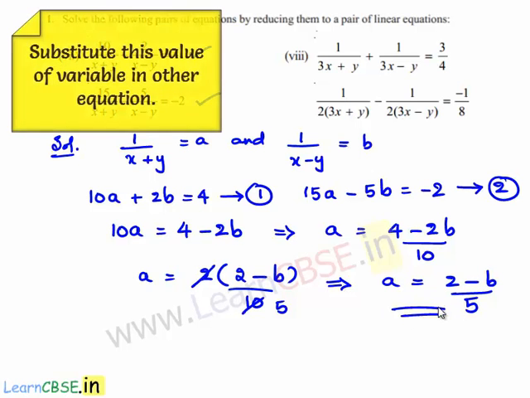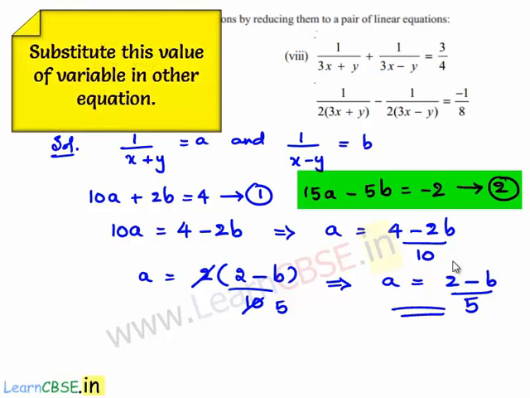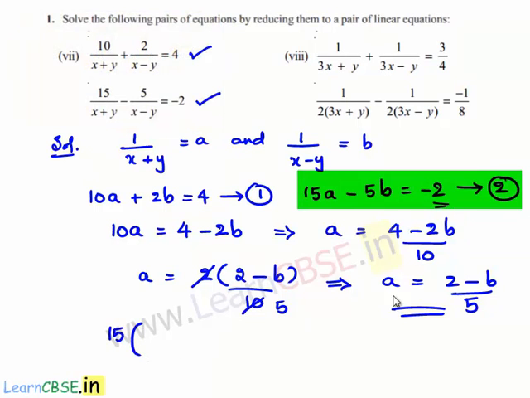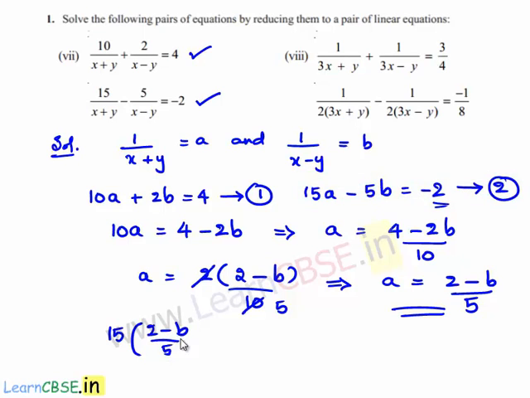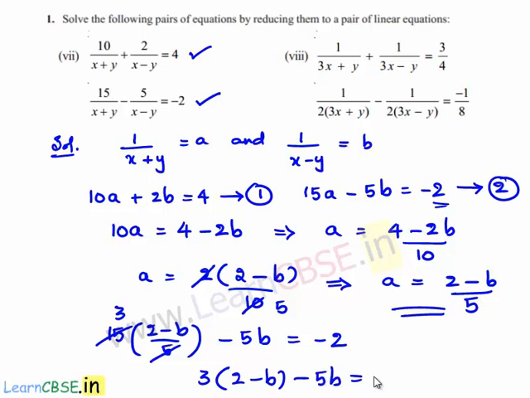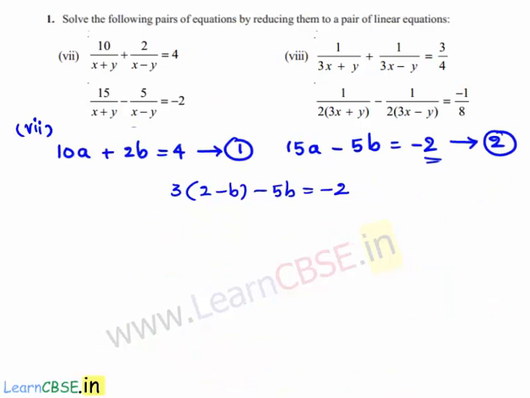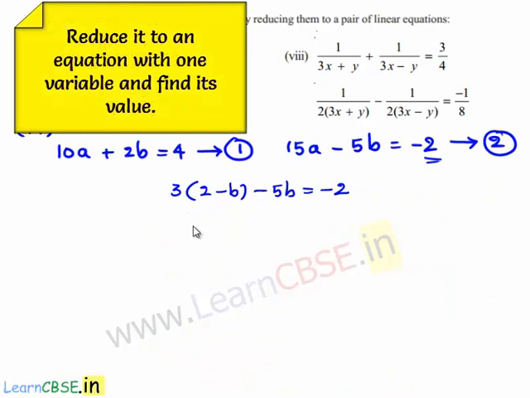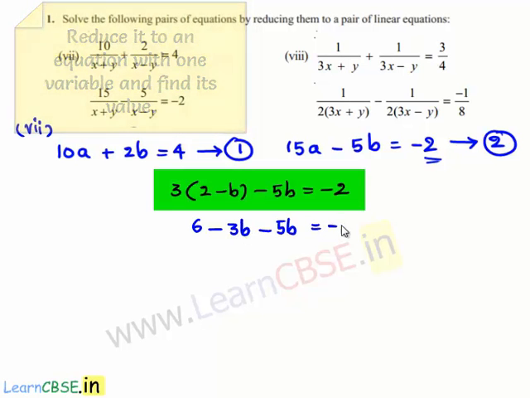Now, substitute the value of a, which is (2 minus b) by 5, in second equation. So, we get 15 times of a is nothing but 15 times of (2 minus b) divided by 5 minus 5b is equal to minus 2. So, 5 goes in 15 as 3. We will be getting 3 times of (2 minus b) minus 5b is equal to minus 2. Now, this becomes 3 times of 2 is 6 minus 3b minus 5b is equal to minus 2,